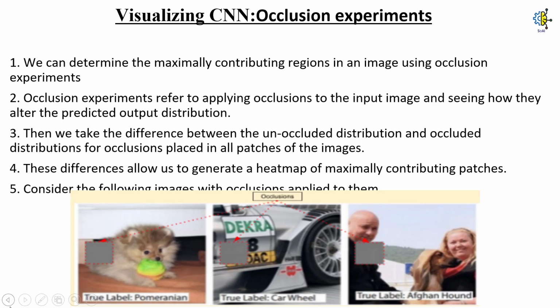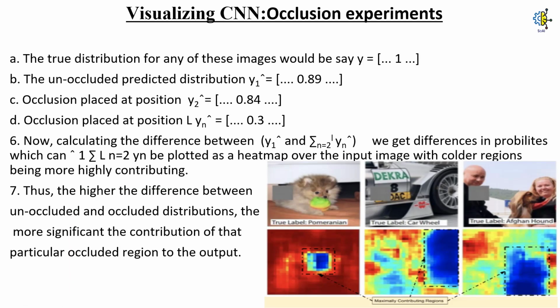Consider the following images with occlusions applied to them. Occlusion experiments. The true distribution for any of these images would be, say, y. The unoccluded predicted distribution ŷ1 is equal to 0.89. Occlusion placed at position 2, ŷ2, is 0.84, and occlusion placed at position n, ŷn, is equal to